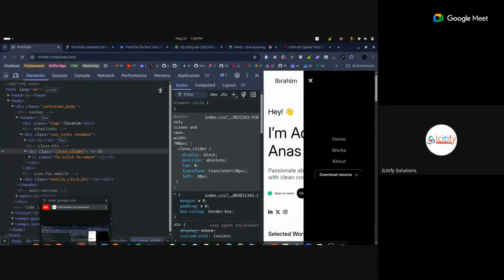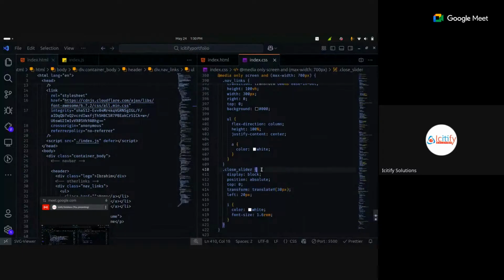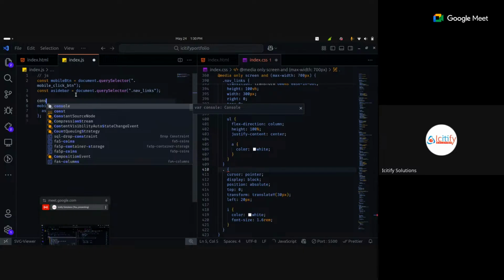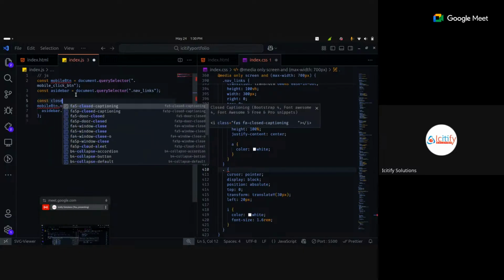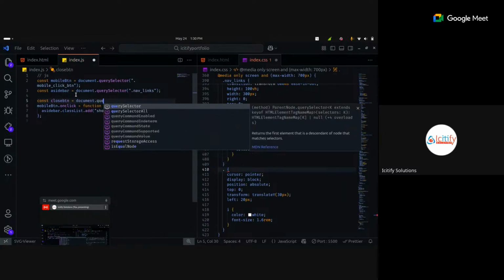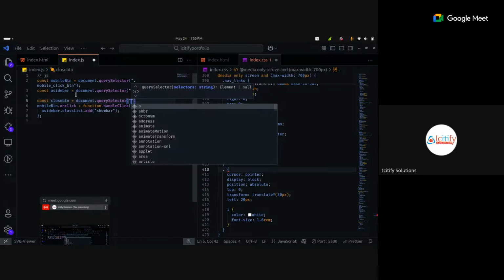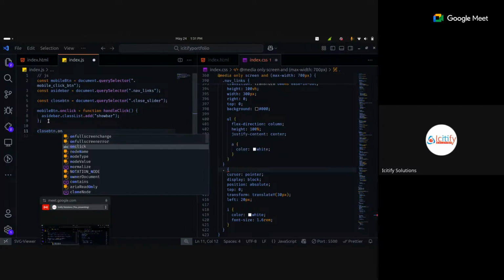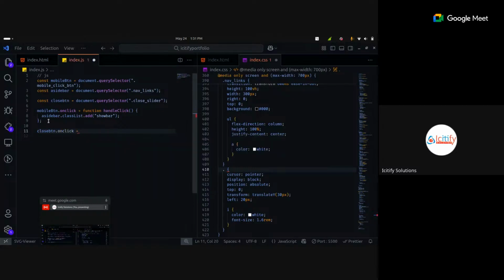So I'll just add a pointer cursor there. Make cursor to the pointer, and we can select what we want it to do here in our JavaScript. So let's go back to our JavaScript and say const closeBtn equals document.querySelector, then slide, and say closeButton.onclick equals function,